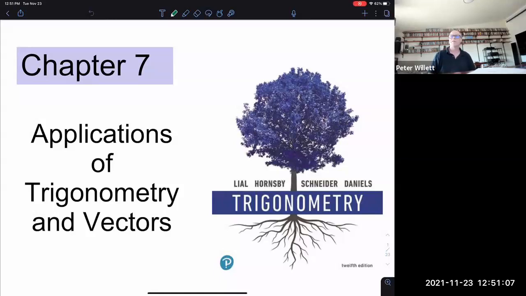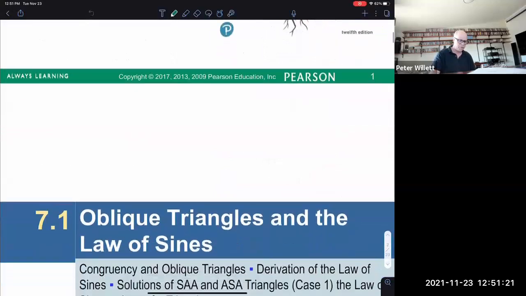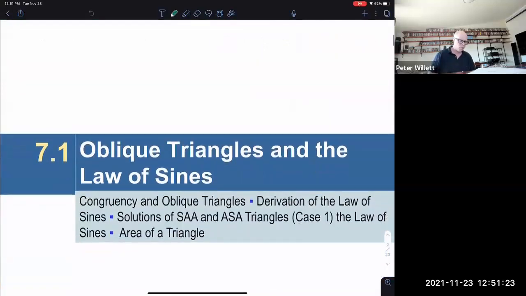Chapter 7, the final chapter of the semester. In this chapter, there are applications of trigonometry and vectors. We're doing the vectors in the later sections. In this first section, 7.1, we want to begin to learn how to solve a bunch